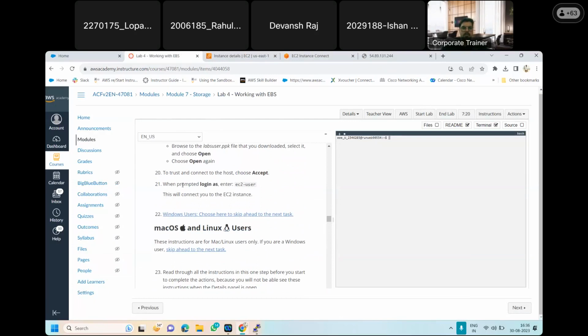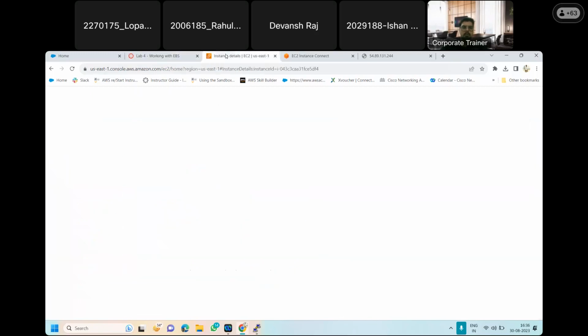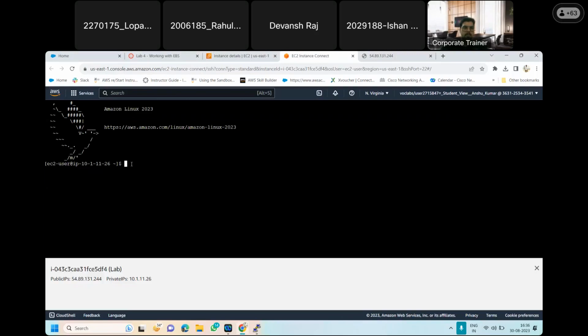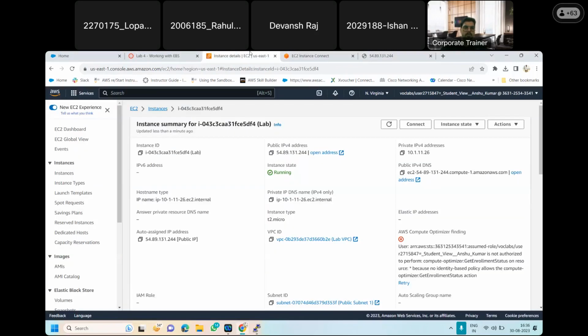It's asking when prompted, login as, enter ec2-user, and this will connect to the EC2 instance. Is it asking for the login? What is it asking? Let me check. Yeah, it's already been logged in with the EC2 user. As you can see here, the user has been logged in as ec2-user. Then the next is